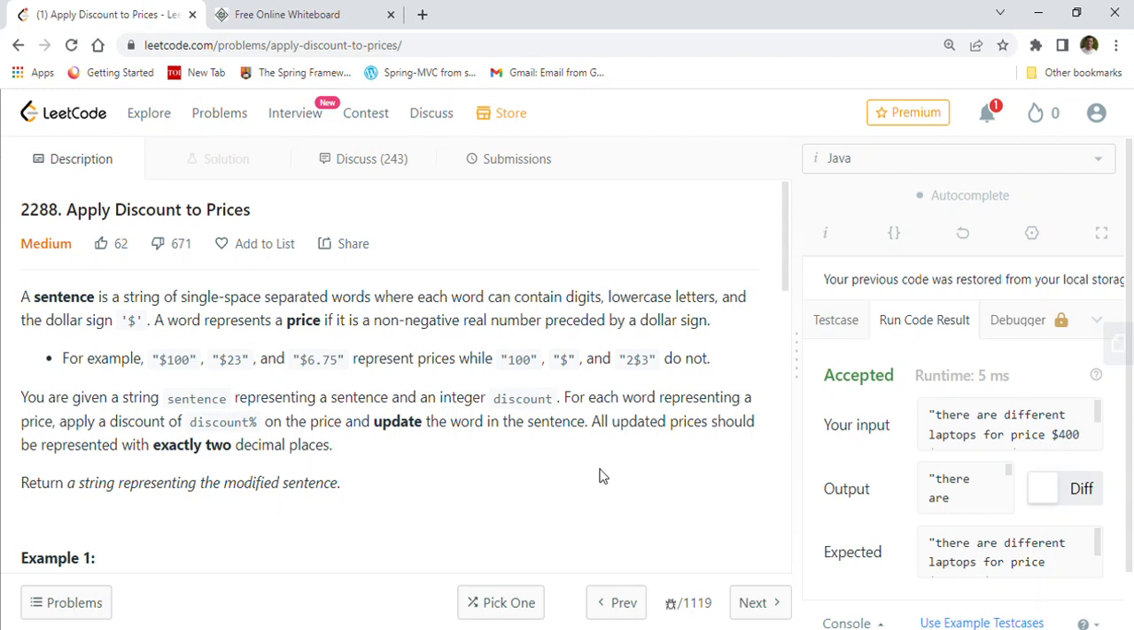Hi friends, welcome back. Today we are going to solve one of the recent coding questions on Leetcode 2288, Apply Discount to Prices. This is a medium complexity problem. We'll go through the problem statement, understand the problem with some examples, and implement our Java solution in